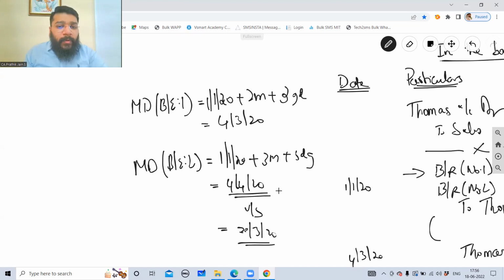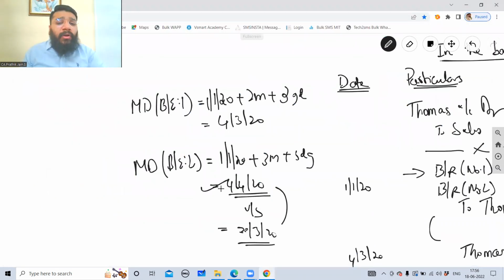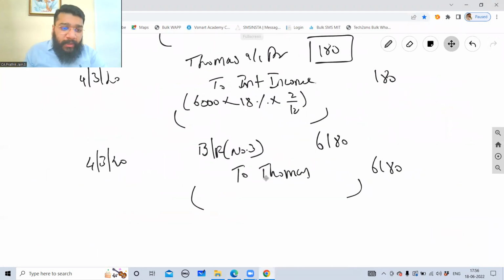For this purpose, we're actually supposed to calculate interest, but the questionnaire themselves calculated and given the interest or discount or whatever you say rebate, which is 100. So now guys, I will not pass the entry on 4/4. Instead, I'll pass the entry before that itself, because the bill is retired prior date. So on 23/2020,